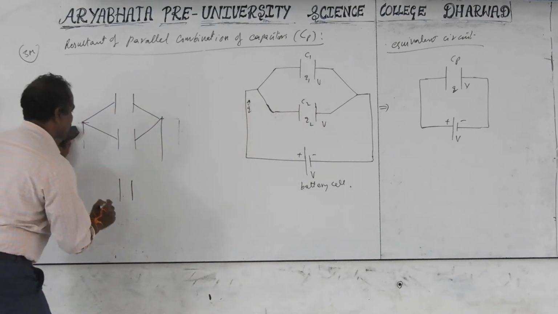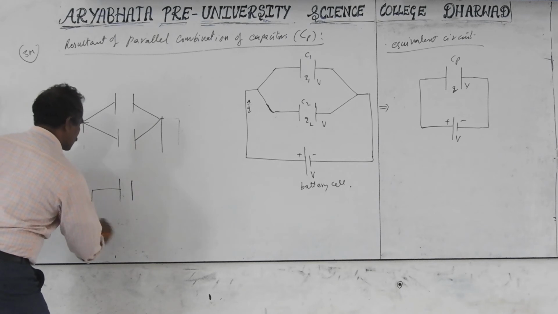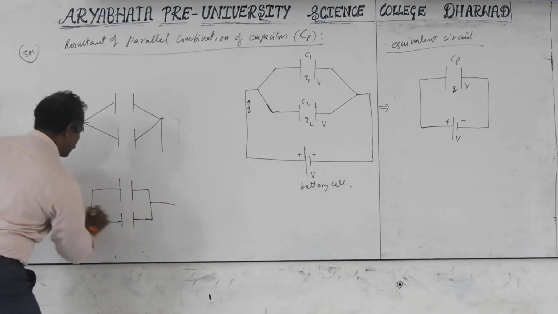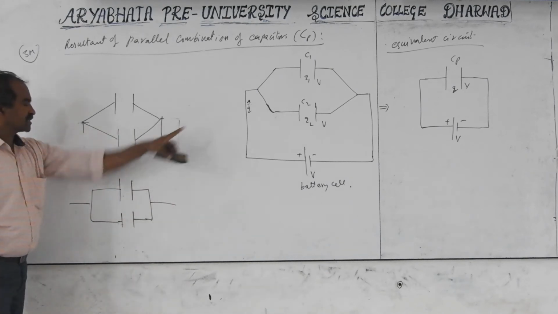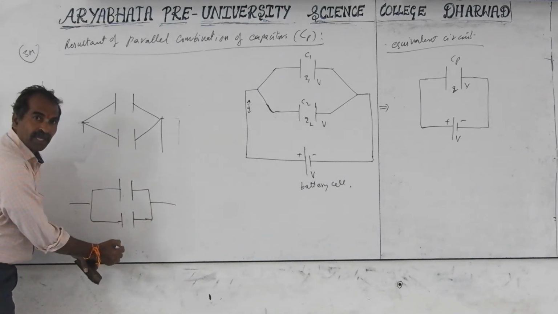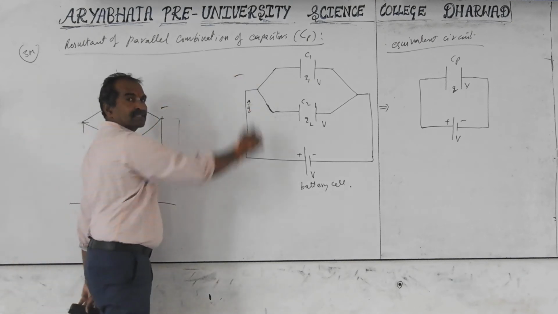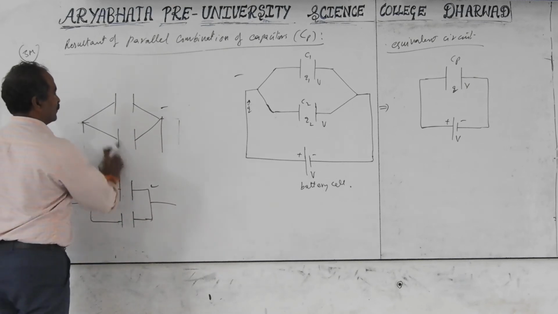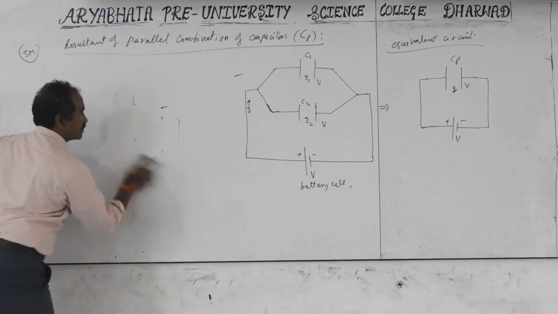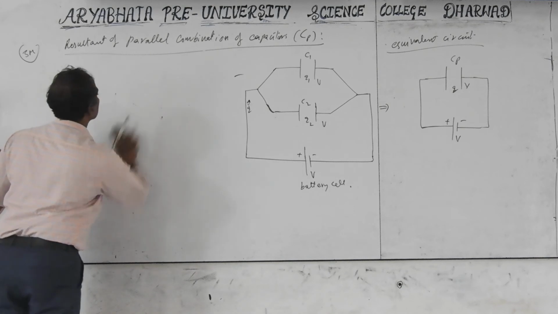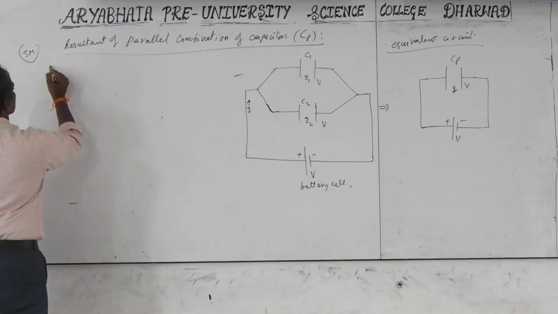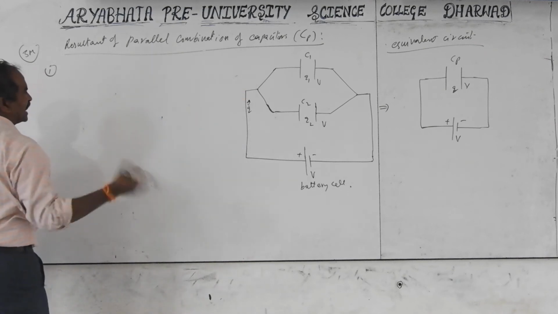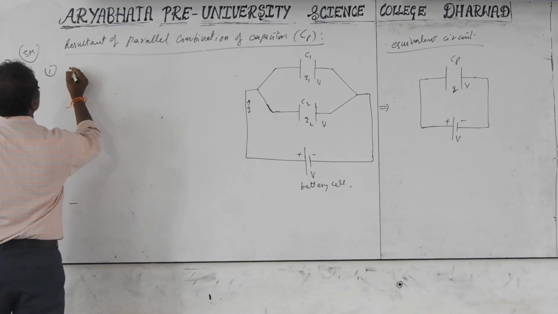And you can also take the diagram like this, parallel combination. Any way you can take. These are only wires, which can be bent in any shape. Like this and connect to the battery. Okay, you can take like this or like this. You have to be careful with the diagrams. Don't break lines. Keep them continuous because they are only connecting wires. What is constant is voltage, voltage is constant for the parallel combination.